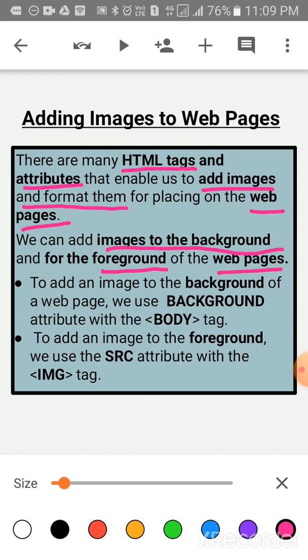To add an image to the background of a web page, we use the background attribute with the body tag. And to add an image to the foreground, we use the src attribute with the img tag. The img tag is for foreground and the background attribute is used with the body tag.